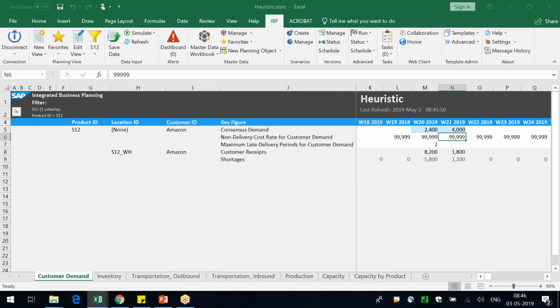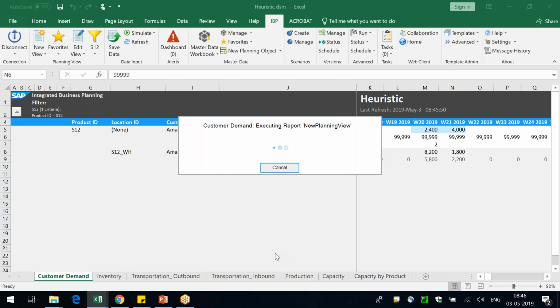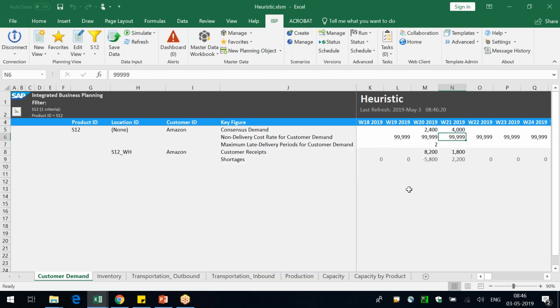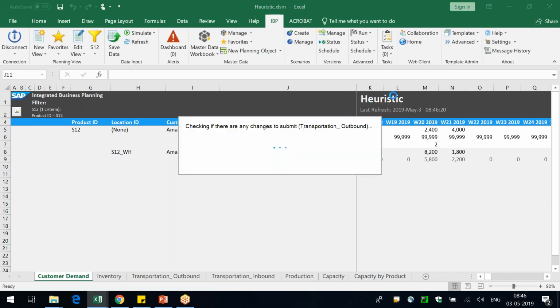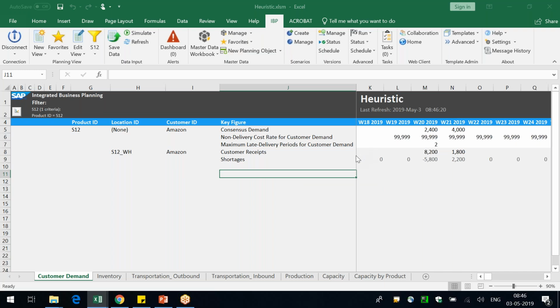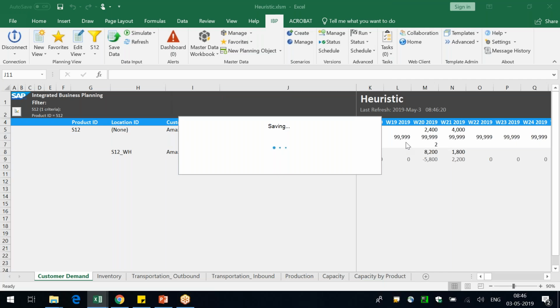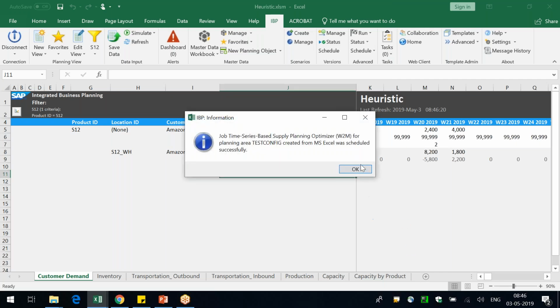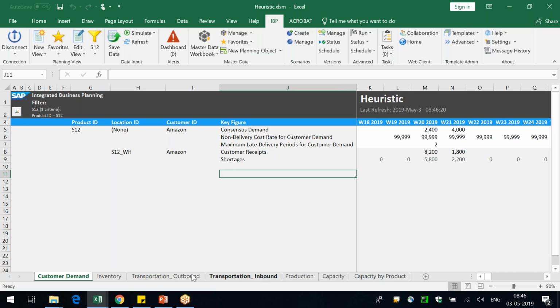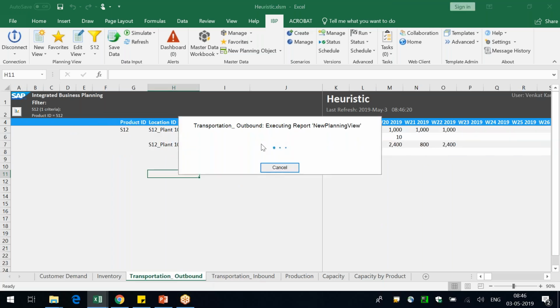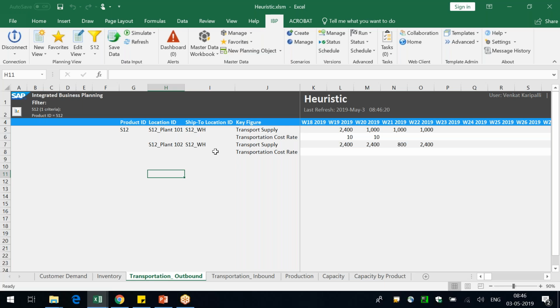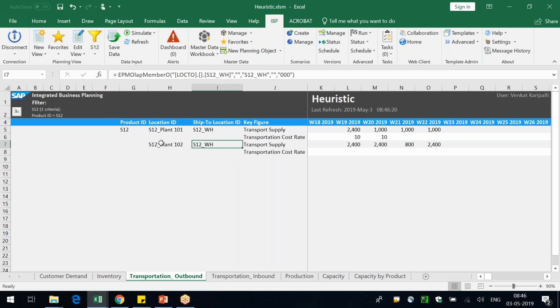That's $10 per piece, or $10 per lot? No, $10 per piece, per unit. So now if I'm running it, what happens? I'm saying the demand is 2400 and it has two options, plant 1 and plant 2. Based on the cost that I maintain, plant 1 is costlier, so it would pick plant 2, and the demand is just 2400. That means plant 2 can handle the 2400.